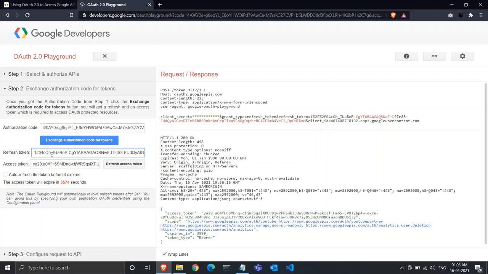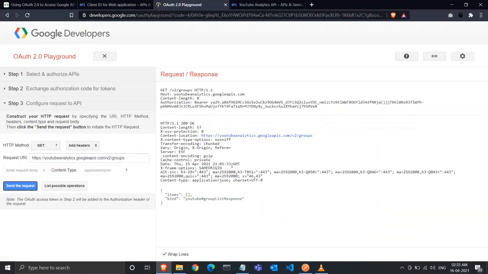Usually this refresh token, if everything's right, will be valid for a few months, or in some cases I've seen that it's valid for a few years. It can vary, and Google can change it anytime they want. They haven't specified anything clearly about the validity duration of this refresh token.